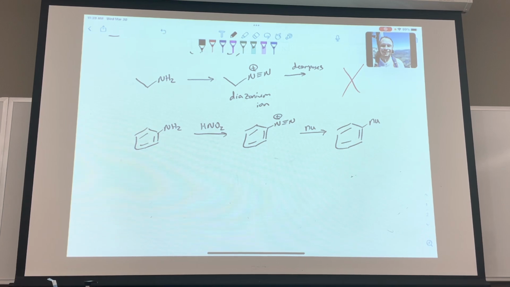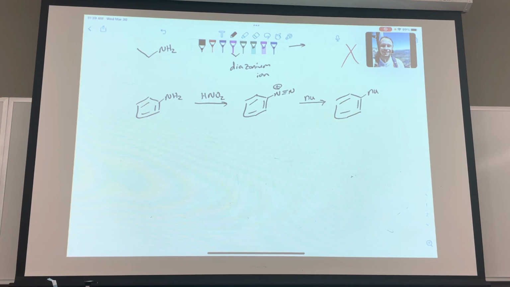So the question that Danielle had a minute ago is, well, why didn't we use nitrous acid when we did this chemistry in lab? The reason we didn't is because nitrous acid is not stable. So you can't go and buy a bottle of nitrous acid, right? So if you want to use nitrous acid, you have to make it in situ. And the way you typically do that is through the combination of a nitrite salt